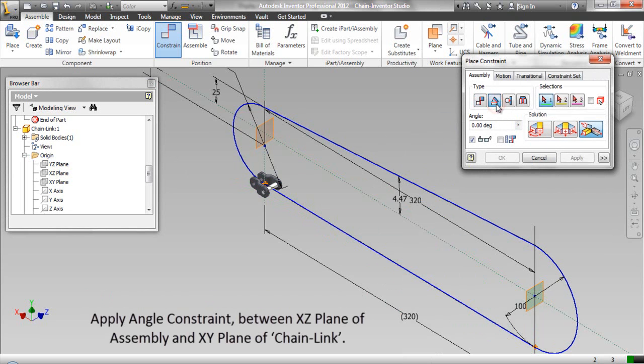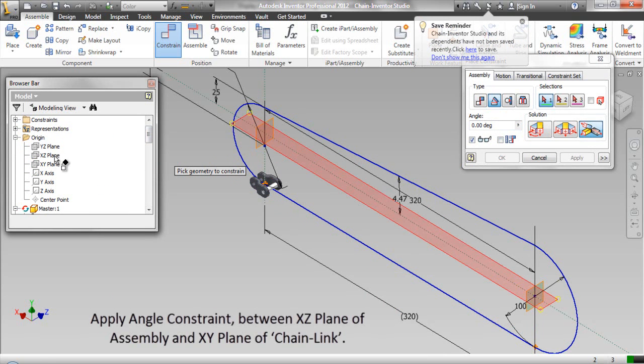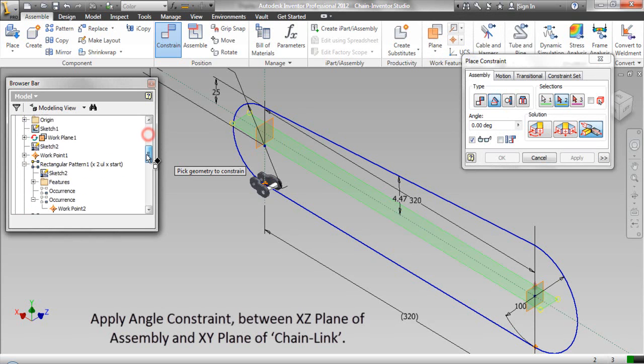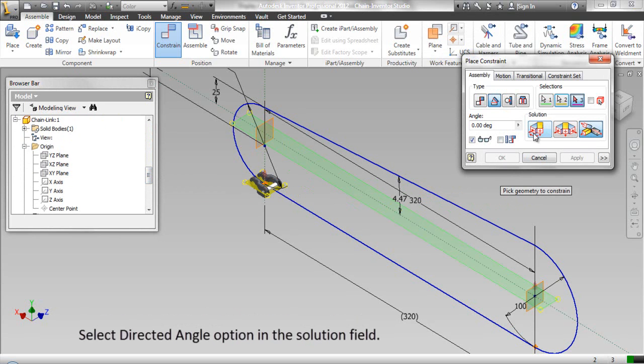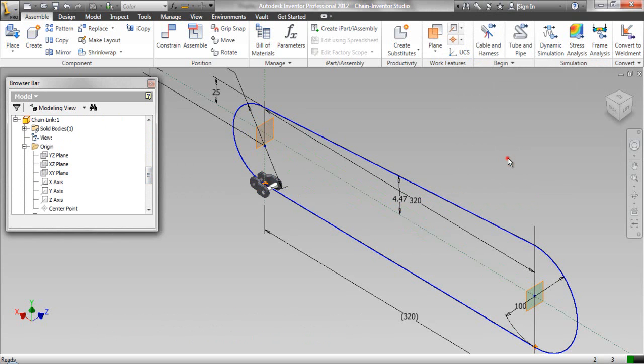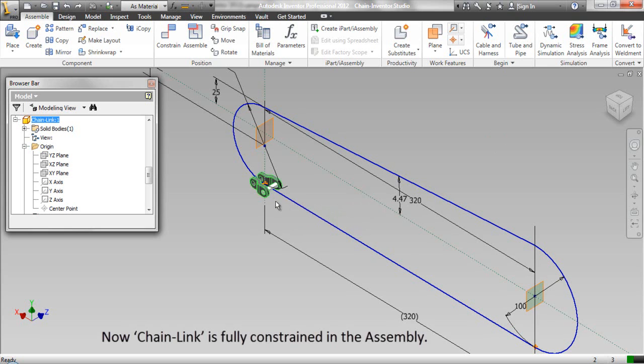Apply angle constraint between XZ plane of assembly and XY plane of chain link. Select directed angle option in the solution field. Now chain link is fully constrained in the assembly.